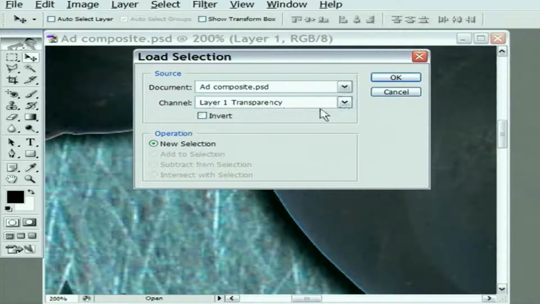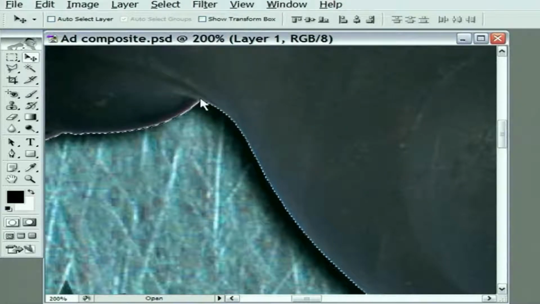If you don't see Layer 1 Transparency, you should be able to select it from the list, but in my case, it's the only option, so it should be what you see. Then go ahead and click OK. And notice that it goes ahead and draws the selection outline right along the edge of the layer. So far, so good. All right, we want to move this selection outline inward in order to get rid of